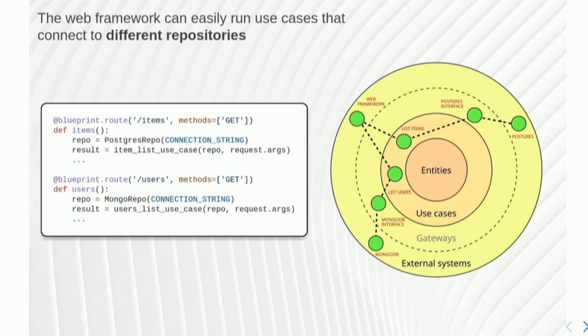Pay attention that this might happen inside the same use case. So those two use cases might be the same. And you might have some logic inside, which might be part of your business logic, that says, well, in this case, I go and fetch things from repo A. In this case, I go and fetch things from repo B. Performance, for example, okay? But these repos are something that you get from outside. As you see here, I'm instantiating them in the web framework, not in the use case.